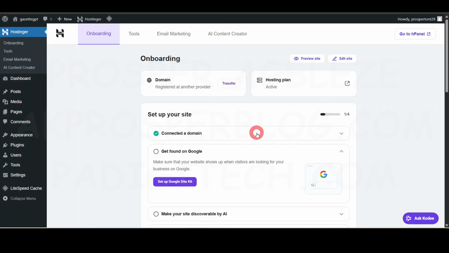Once you are done with the installation process, you are going to be redirected to this page. So you can see onboarding. There are a few things that we need to do once you have been redirected to this page, right? I also want to mention that once you are on this page, and if you check your browser tab,